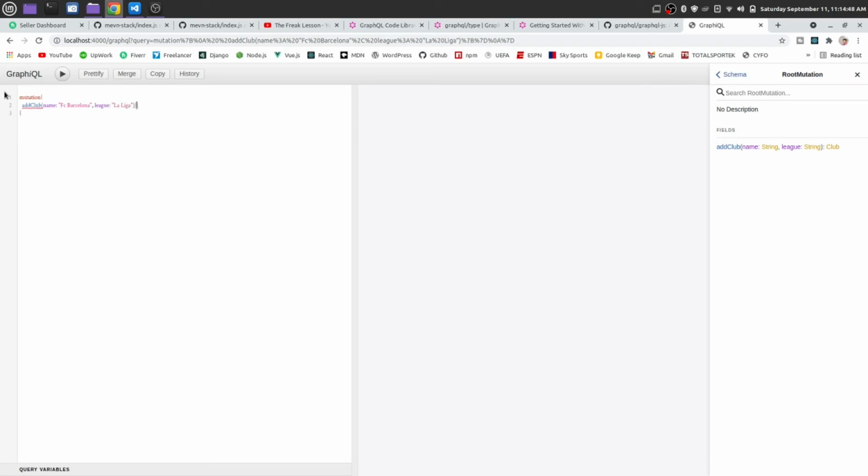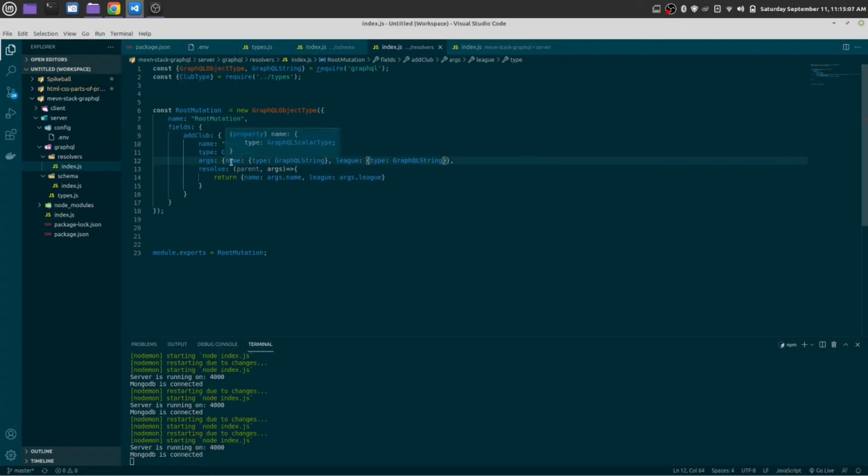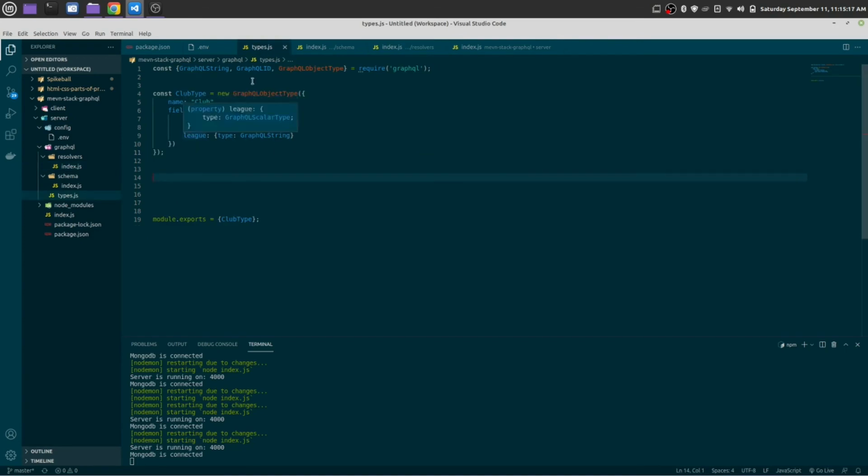Okay, after that give another curly braces. Here we are going to get return something. Okay, name and league. Here we are getting league of La Liga, but we are not getting club because the club type we have is name and league, so we need to make sure the parameter name is same as this one.